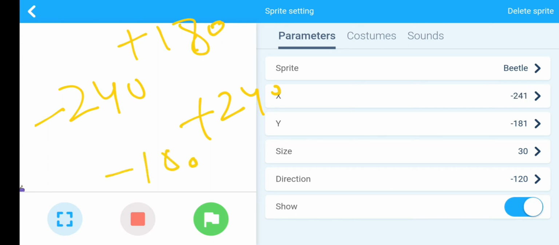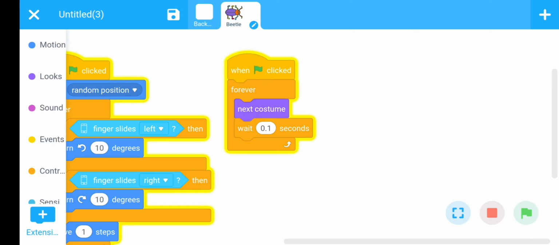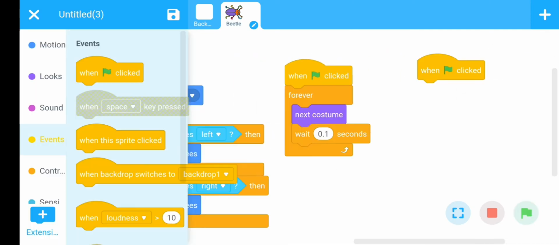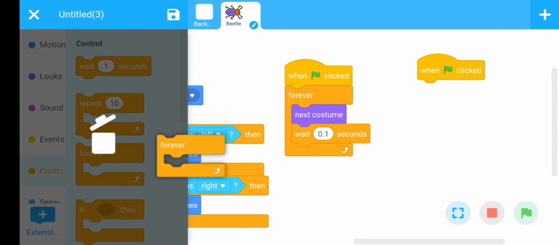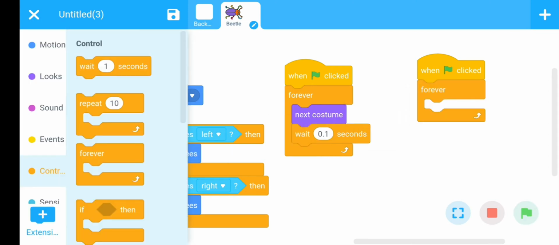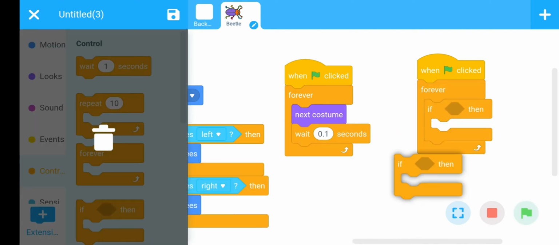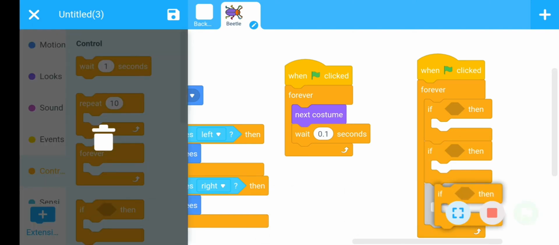Okay, now start coding. Our first command is when click, then use a forever loop. There I have 4 conditions for plus y axis, minus y axis, plus x axis and minus x axis. So we will choose here for if then loop.